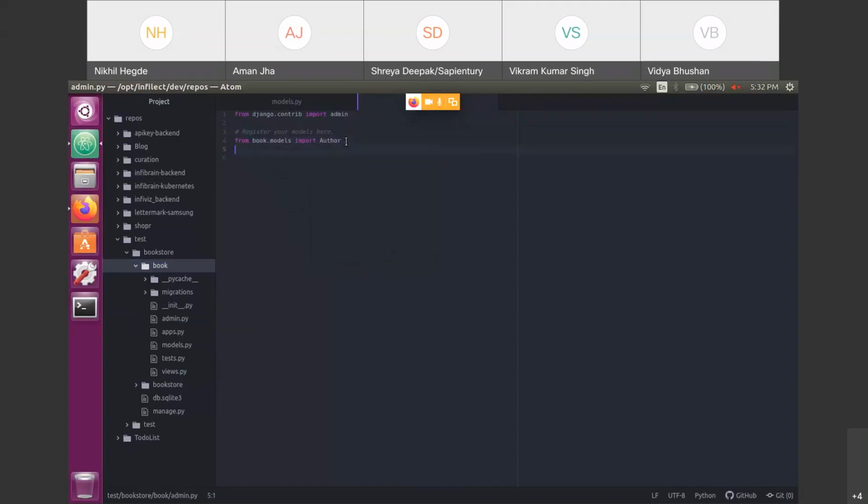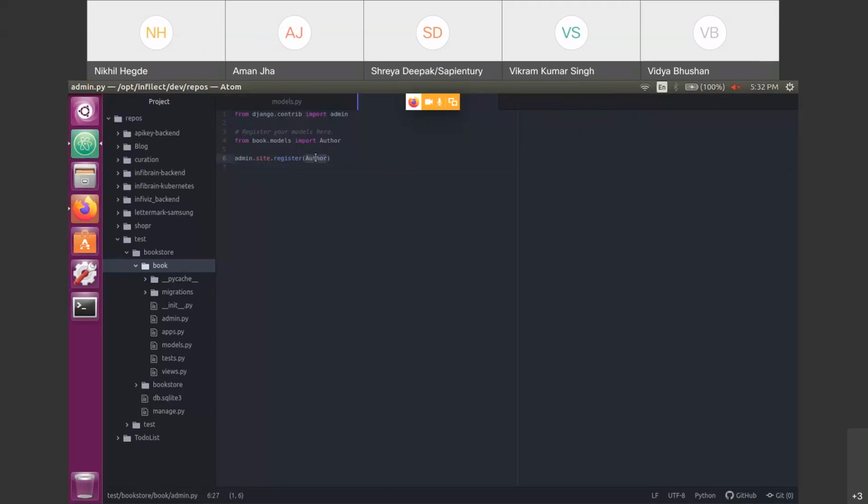After that, you have to add this command: admin.site.register. I hope you are taking notes of this. admin.site.register, then you register your model name, Author. Once you write this, you have registered your model inside the admin panel.